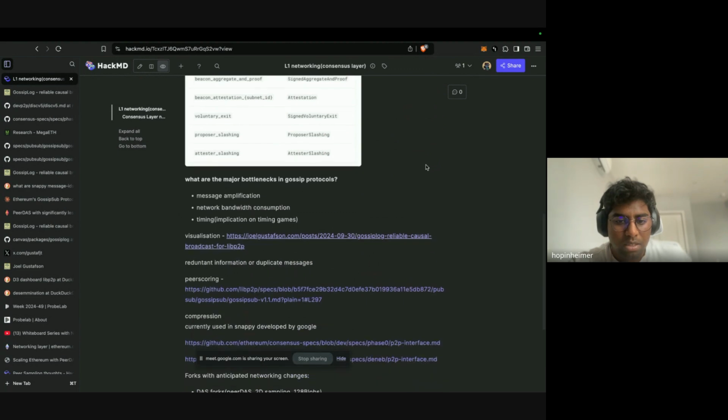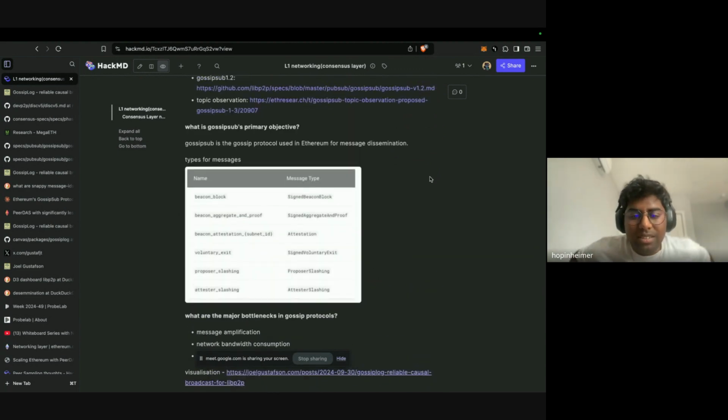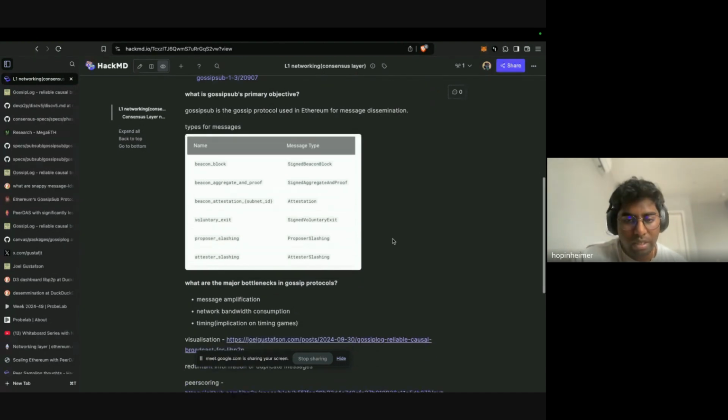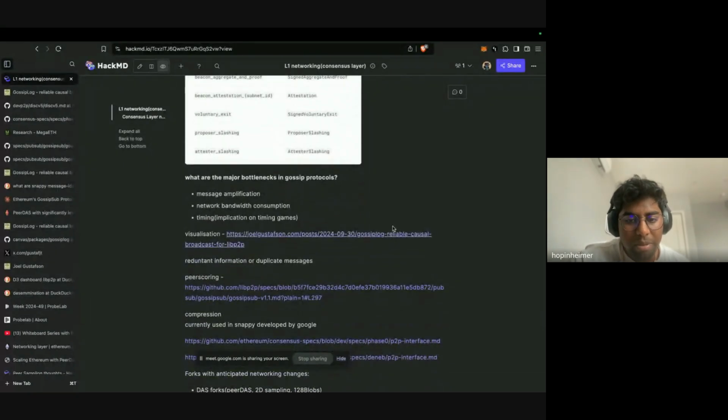So this was like the use of the networking layer, I would say, and how it is used in the consensus client layer. Now, maybe we can start talking a little about how all this happens on a local view of the node. So think of it in this way.